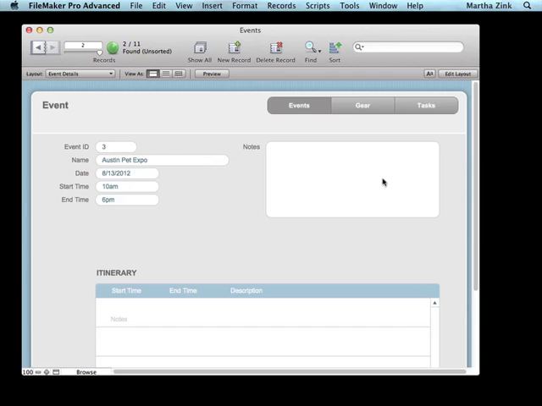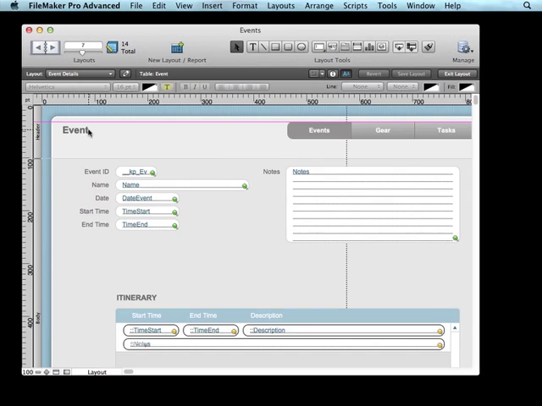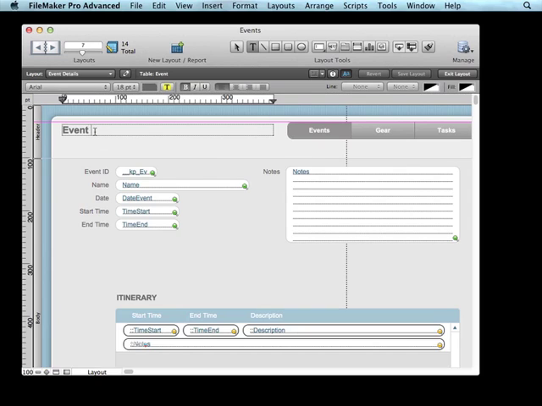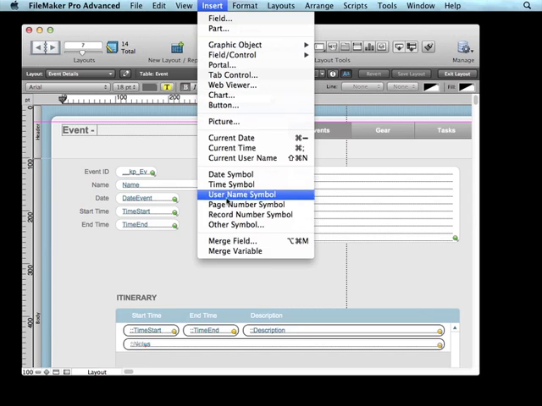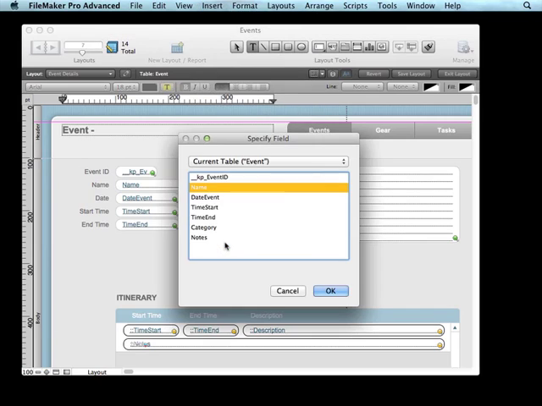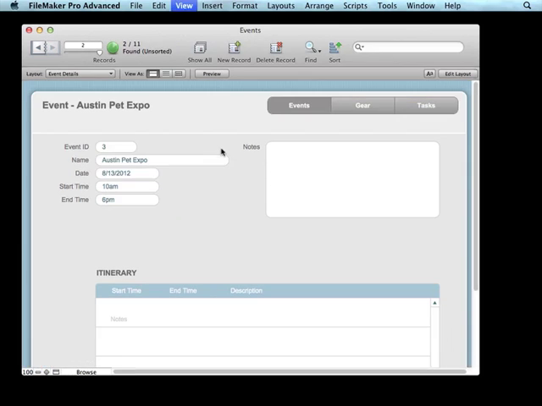Now, one of the things that FileMaker has given us before is the ability to merge both fields as well as variables. So I'm going to jump into layout mode. And for example, what if I wanted this to say event dash and then give me the name of the event so that it was easy for the user to see what event they were on without having to find the field? Well, I can go to Insert and choose Merge Field, and I'm going to choose the name of the event. Jump into Browse mode, and you'll see that as I change records, the data updates in the header